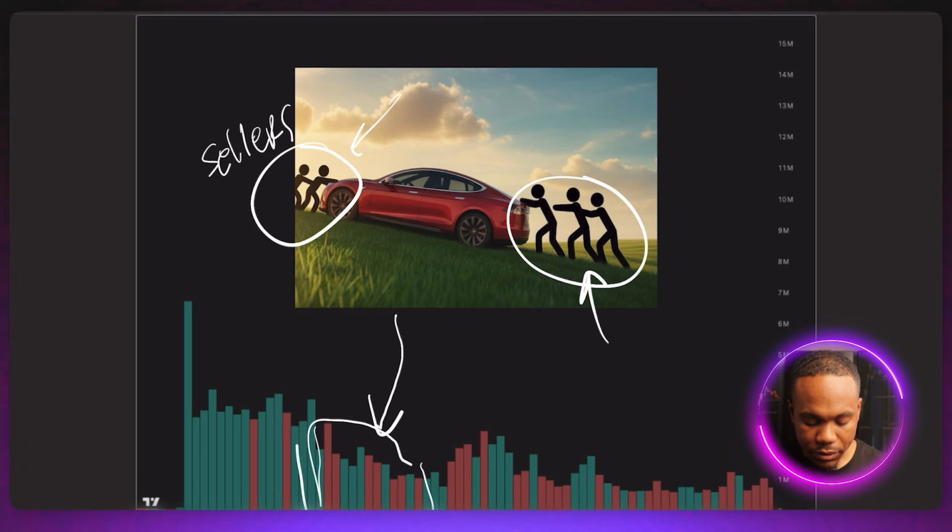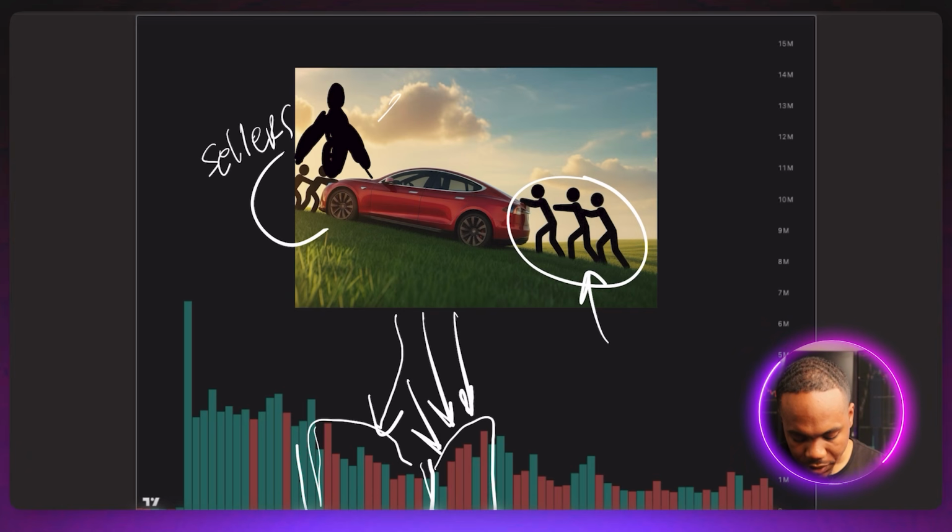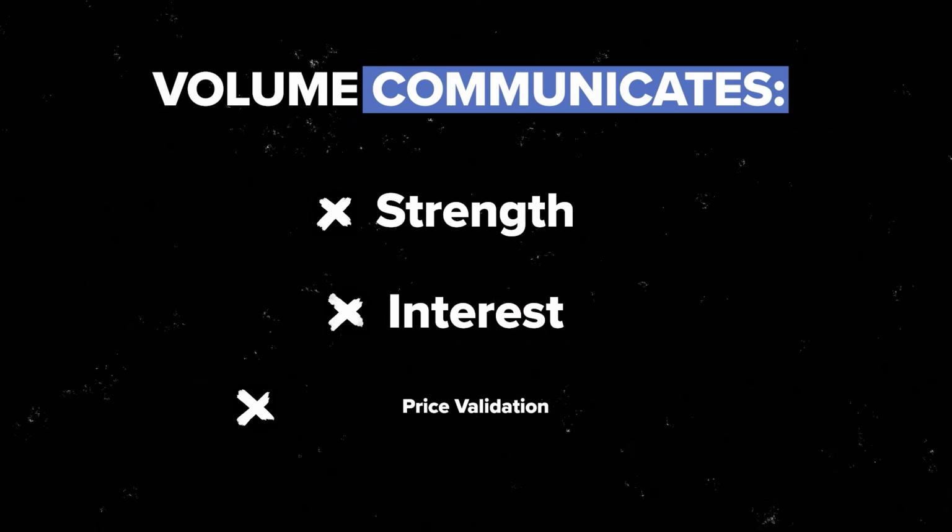All right. As the day goes on, we start to see more scenarios. And then as we approach here, we see more of the red bars. There can be more sellers coming in here to lend a help, or that institutional buyer that was there in the beginning can be coming now to unload shares here. So that could also be the case when we look at what's happening here. We see the spike in volume here. So if you haven't been using volume and price, there's a narrative that volume communicates. Volume communicates strength, interest, and validates price.